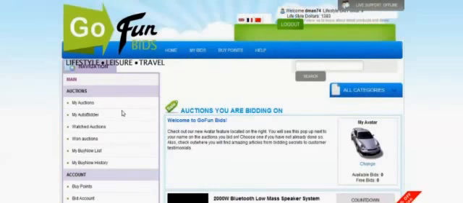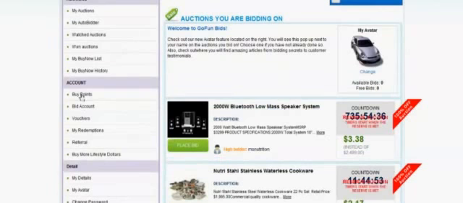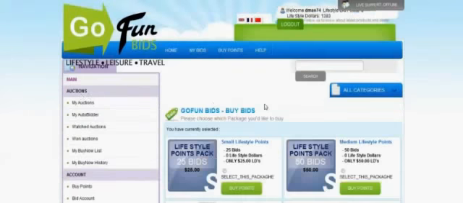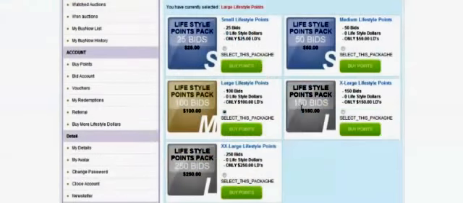Okay, so once you click on My Bids, guys, what you're going to come down here to do is buy points. These are the packages that a customer can buy with the lifestyle dollars that you gave them. So if you gave somebody 300 lifestyle dollars, they can come in here and click on buy points, which will buy the bids for them to then go participate in the auction. I get phone calls fairly often from somebody saying, I gave somebody lifestyle dollars, they logged into the auction, but they were not able to do anything because they haven't bought the bids yet. Lifestyle dollars are not bids.